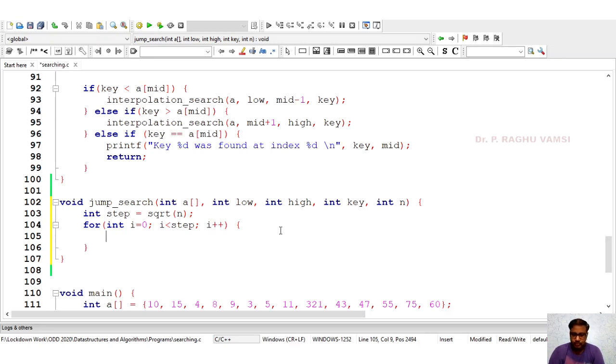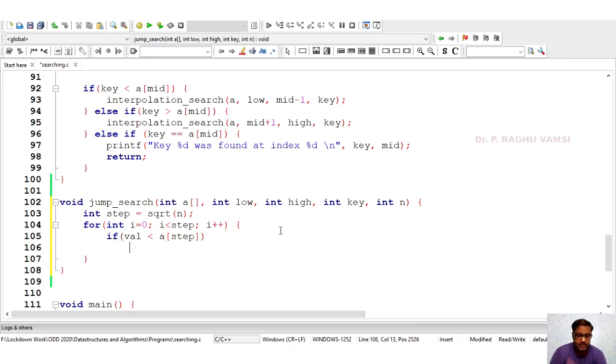Then if the value is less than A of step, whatever the step index is, then what we are supposed to do is high is equal to step minus 1. That means we need to traverse in that particular range only.